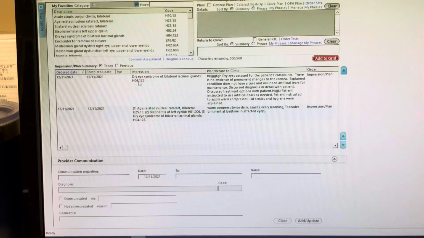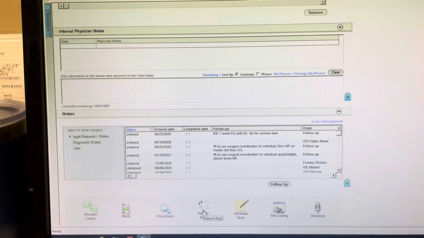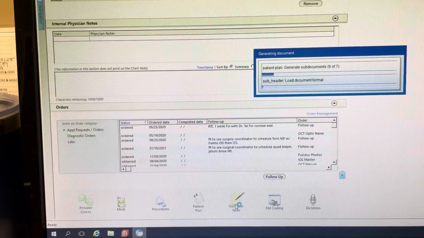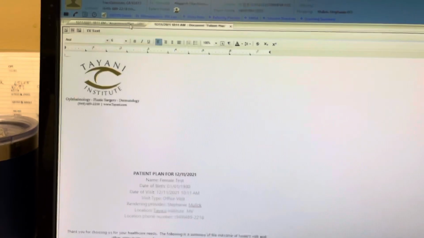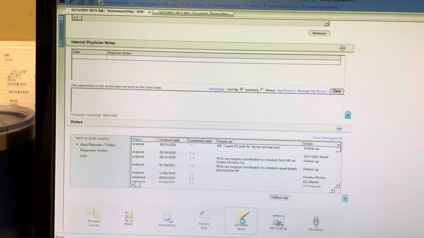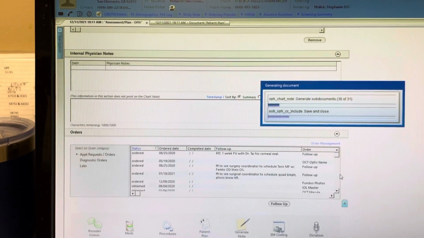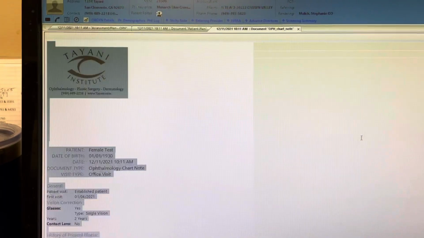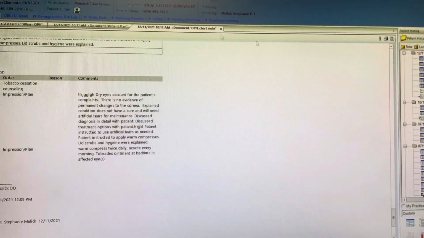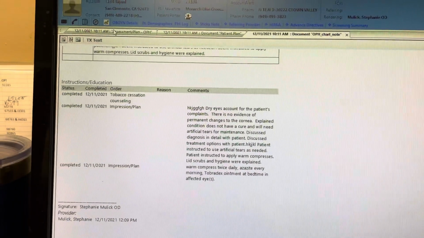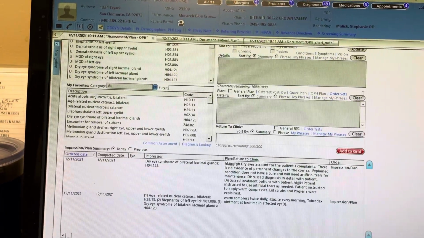Once you have all your diagnoses in your plan, you have to go to the bottom and you have to create a patient plan. And then after that takes a short time, you're going to go back over to assessment and plan, and then you're going to hit generate note. That takes a little longer. Typically the provider likes to check off this little check mark here. And then you can go back to your assessment and plan and scroll to the top where you will find